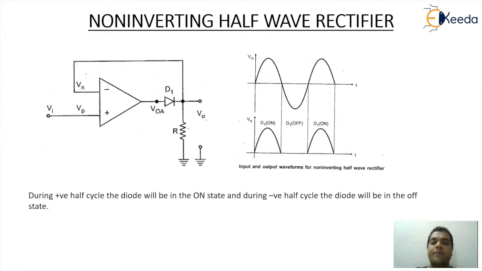So this is the idealistic behavior of the circuitry where a diode under forward bias will work like a perfect closed switch. Now, when we talk about the negative half cycle of the input, the diode will be in the off state, and that's the reason it will work like an open circuit. No current will flow through the load RL, and automatically the value of VO is going to be 0. And that's the reason you will find that the negative half cycle will be eliminated, and we are going to preserve the positive half cycle of the input. So this is as good as the concept of half wave rectification. So this is how you realize a simple half wave rectifier in the non-inverting arrangement of the op-amp.